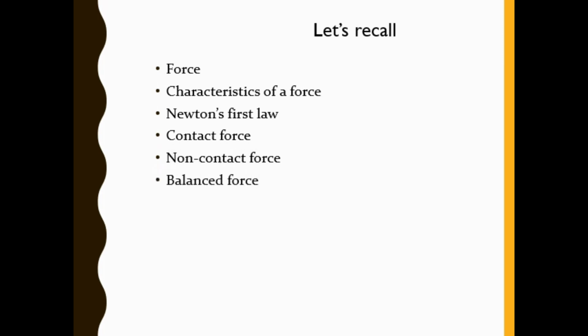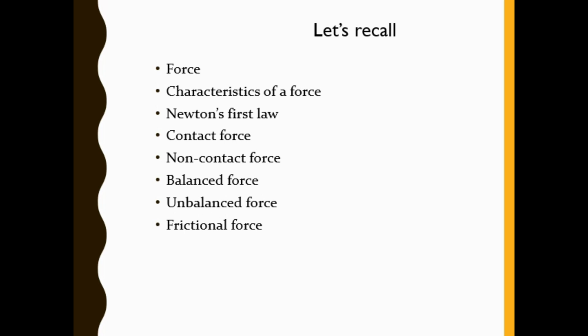Then we have learned about balanced force. Balanced forces are two forces acting in opposite direction on the same object. Anytime there is a balanced force on an object, the object either stays still or continues to move in the same direction. The next is unbalanced force. When unequal forces are applied to an object on two sides, an unbalanced force acts on the object, resulting in imparting motion to the object. That is, it moves the object.